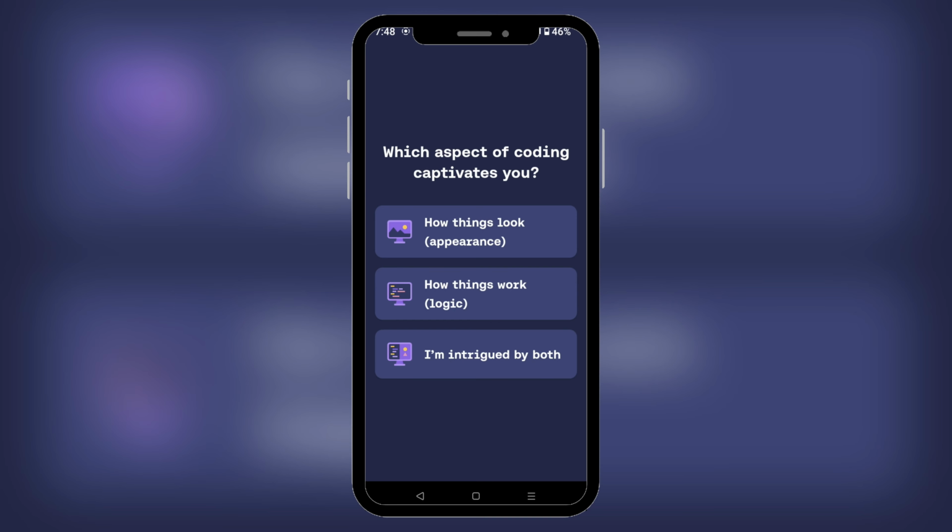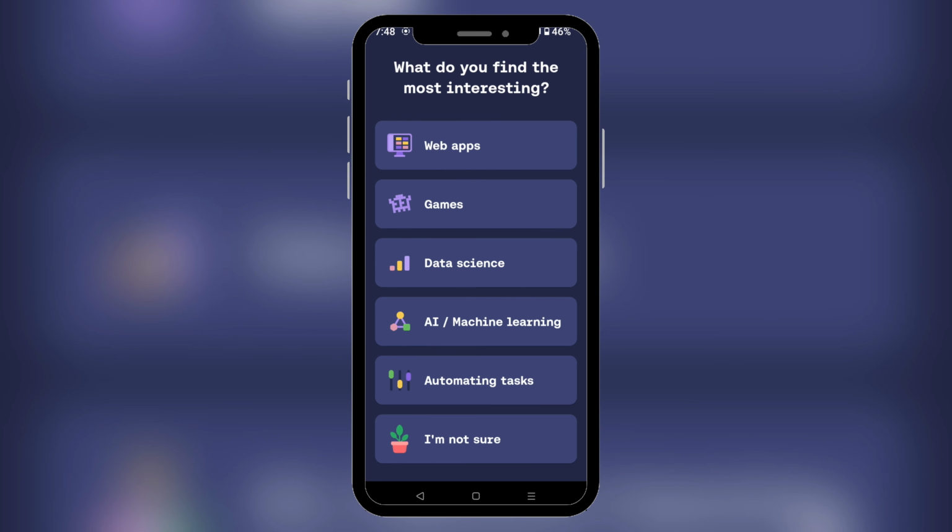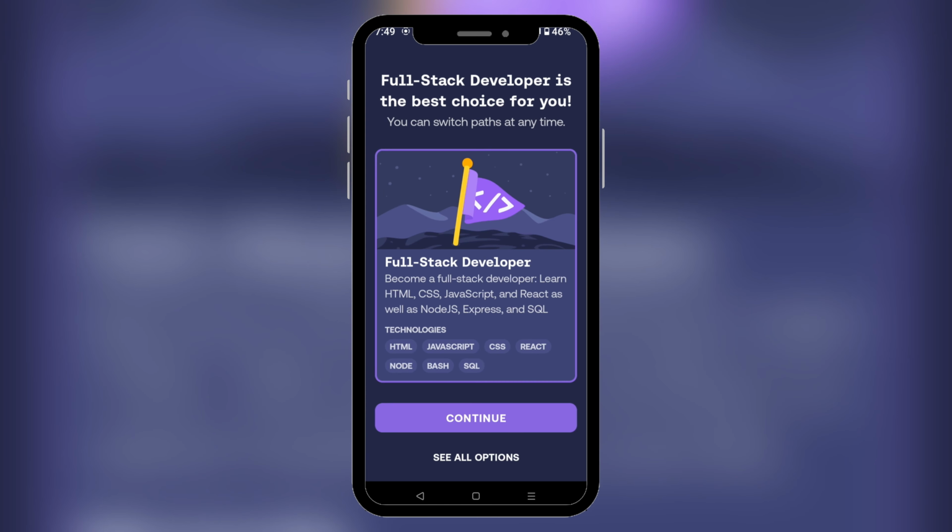Another question is, which aspect of coding captivates you? How things work, logic, or I'm intrigued by both? Tap on I'm intrigued by both. Now, what do you find the most interesting? Games. Based on my answer, it has chosen the path for me, that is full stack developer, and on it